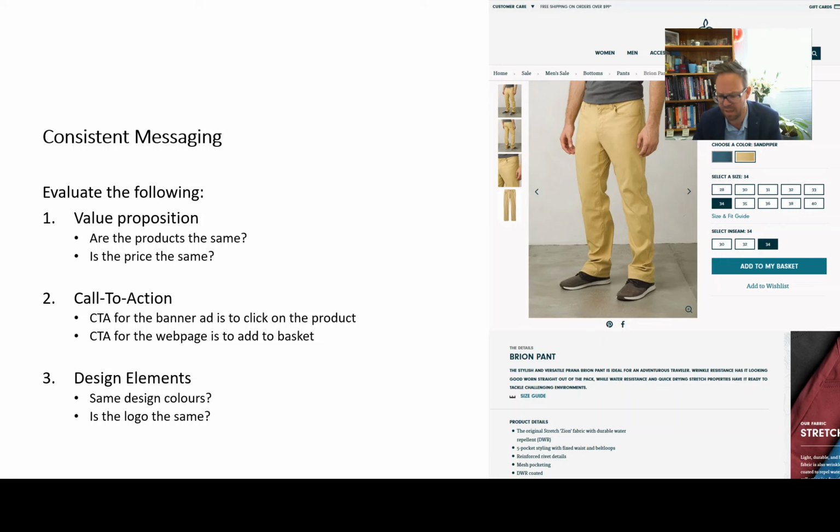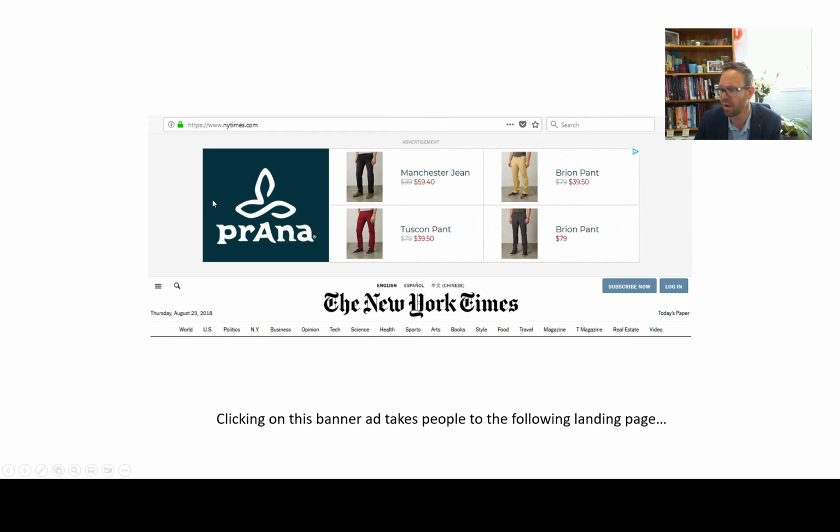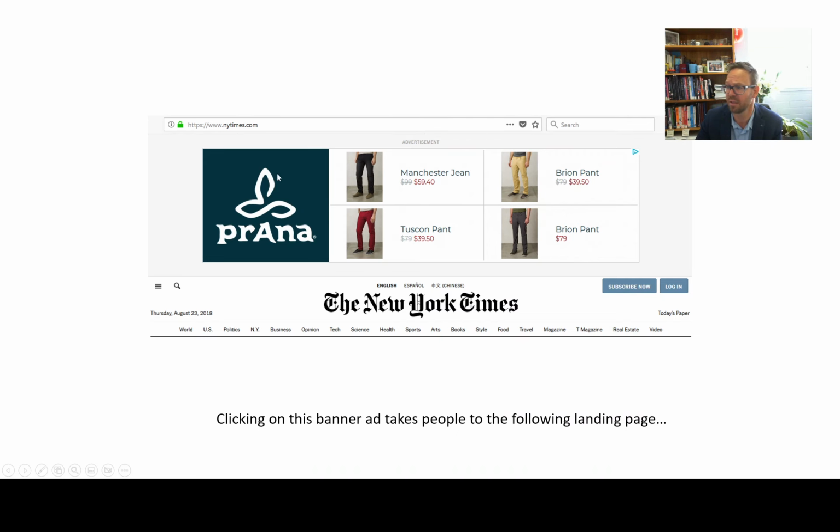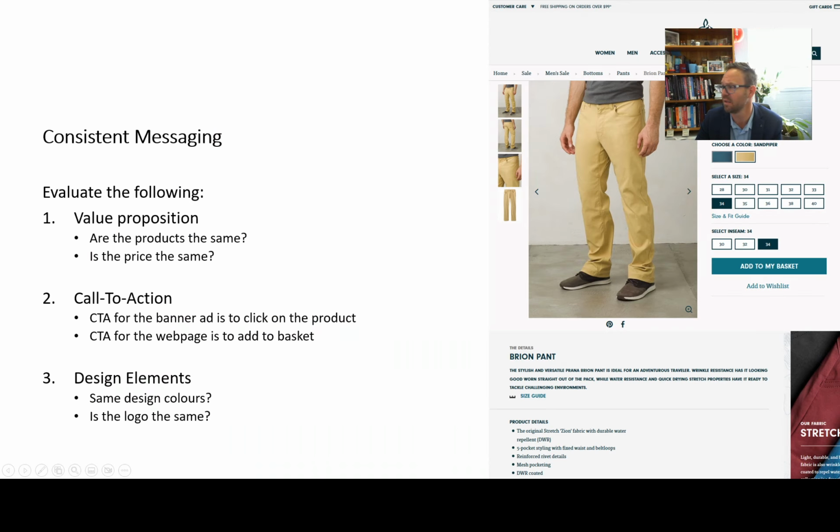And let's look at the design element. So in here we've got the logo. There's a big logo on there, and the color of the logo. Now here we have a different logo. This one is a positive logo. Well, this is an inverted logo, so the dark is on the outside. Where this one, it's light on the outside, and the dark is the actual logo itself. So the logo is different, but it's similar enough to understand that it's the same company, the same logo, the same brand, it's got the same positioning within the market, right?